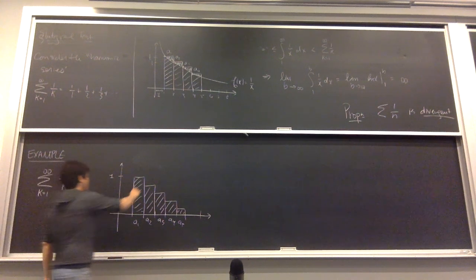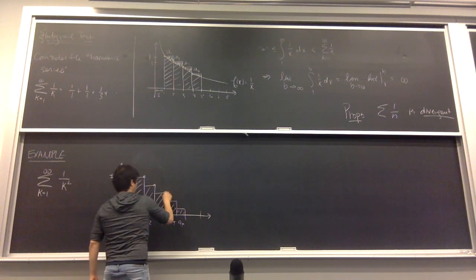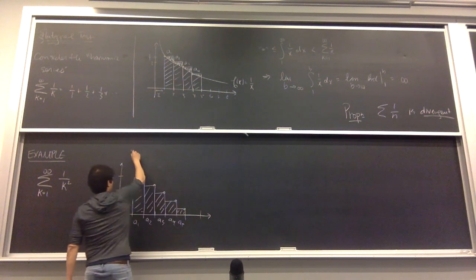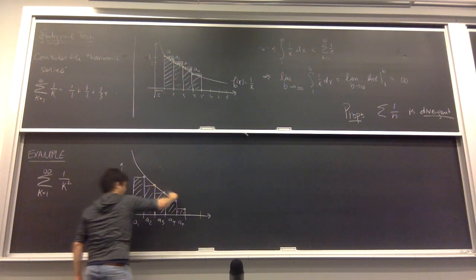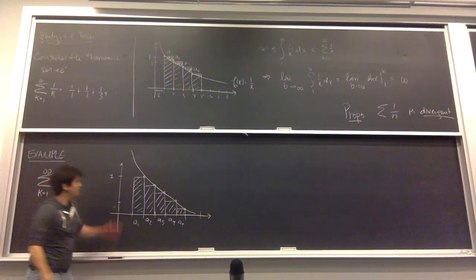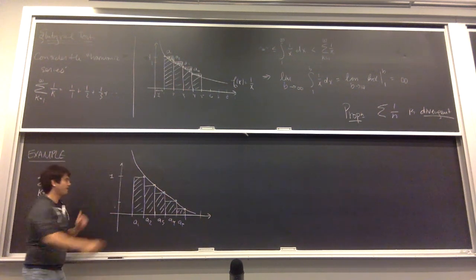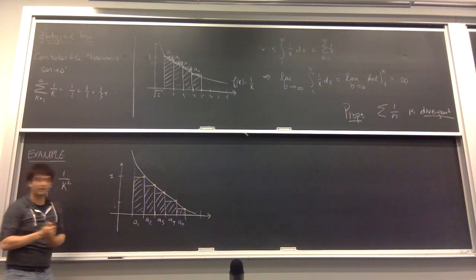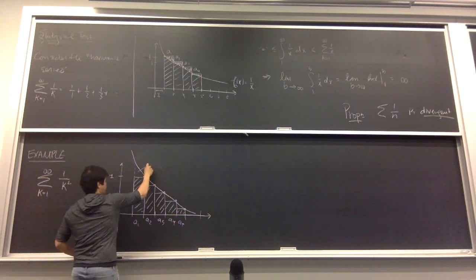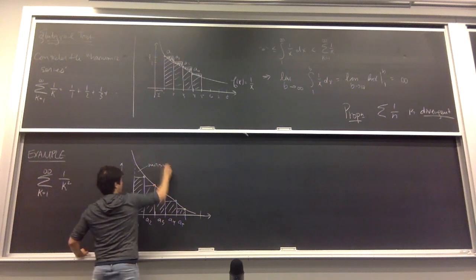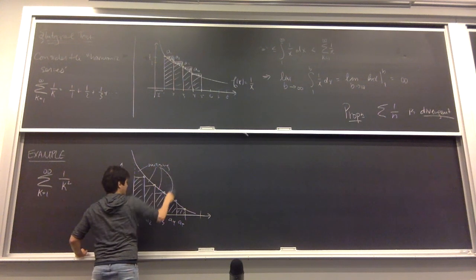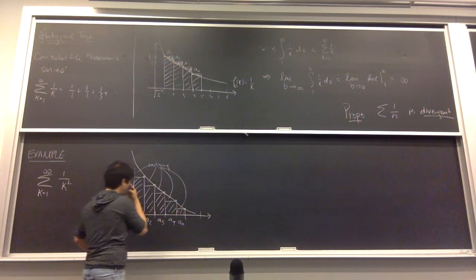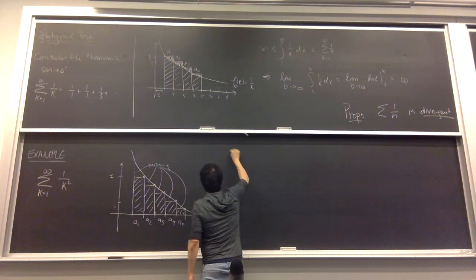So what I'm going to do is run an integral through here. You can see that the area under this curve is what? More or less than the area? More, right? Because we're missing this, this, this, and so on. Which means that the integral from 1 to infinity,